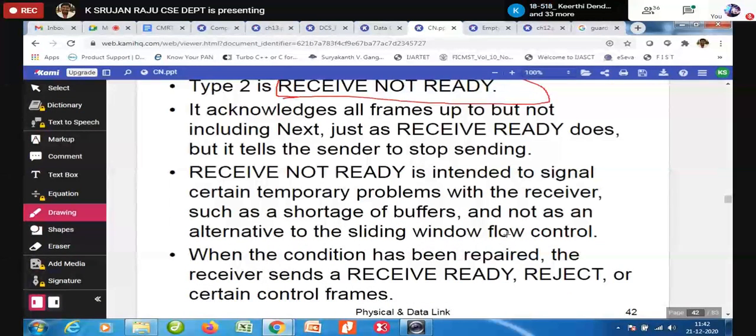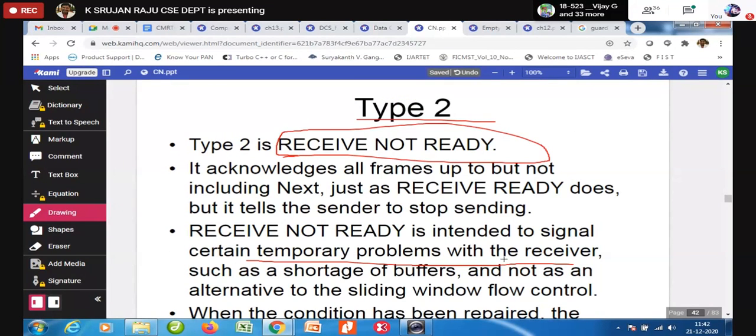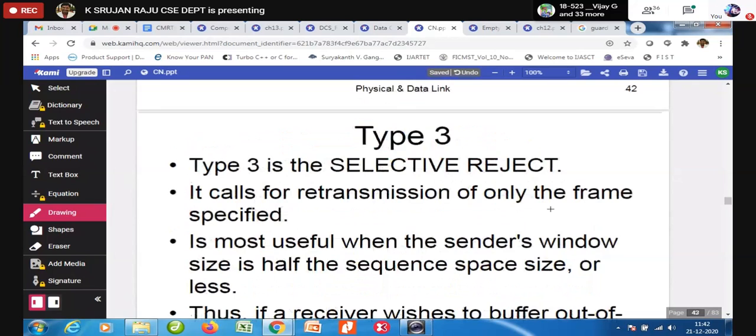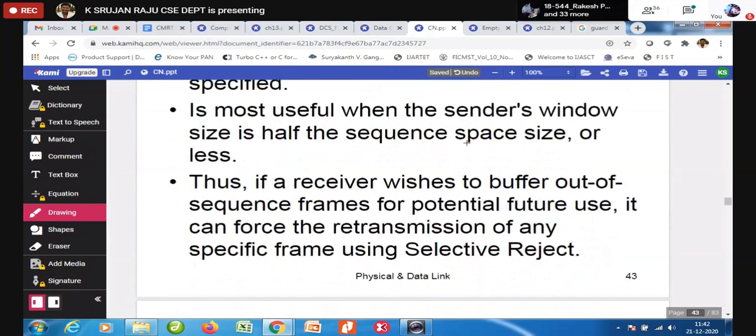There may be some problems with the receiver, and that is the reason it says receive not ready. Whenever you want to tell that, you need to use type 2. Then type 3 is selective reject. Whatever frame you have received was not received correctly, or is out of sequence. In that situation you need to retransmit by using selective reject or selective repeat. That is exactly type 3.